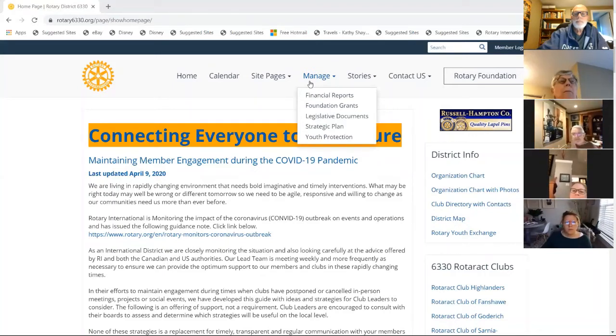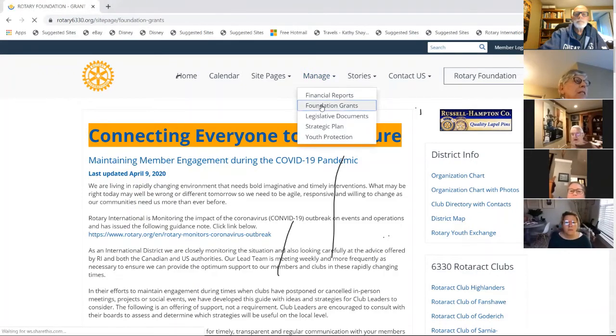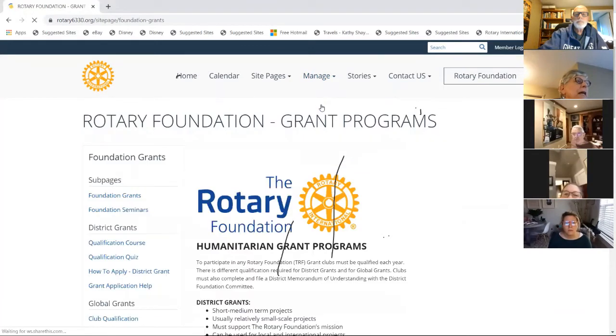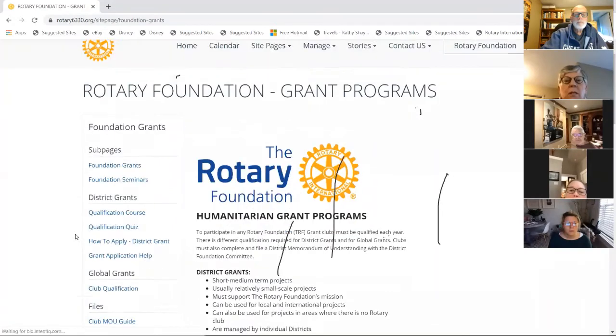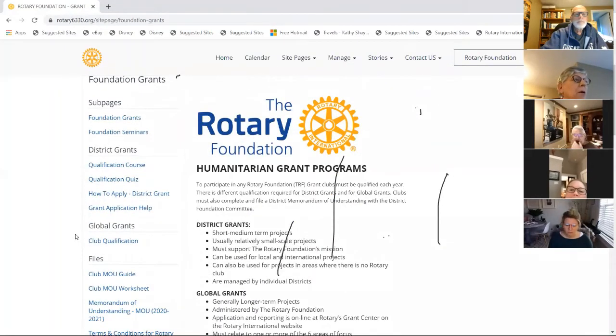And many of you have taken the qualification course. So you know that to find it, you go to Manage in these headers. In the drop-down menu, go to Foundation Grants. Click on that. Now that you're in the Foundation Grants page, scroll down to the left. First, you'll find the qualification course, then the qualification quiz,